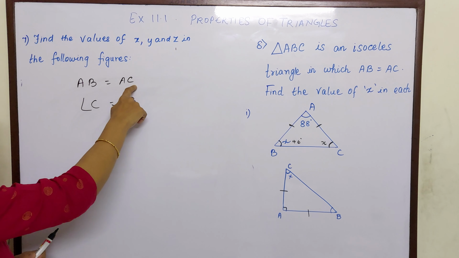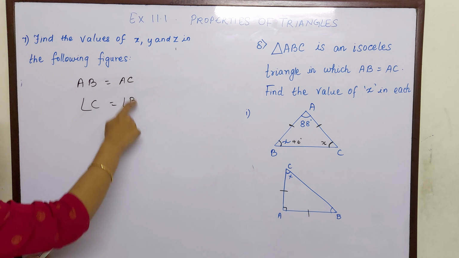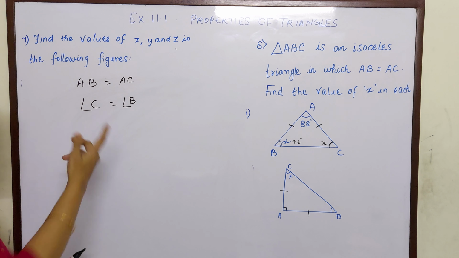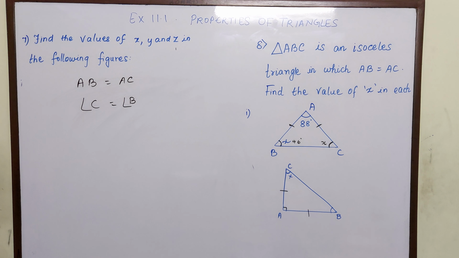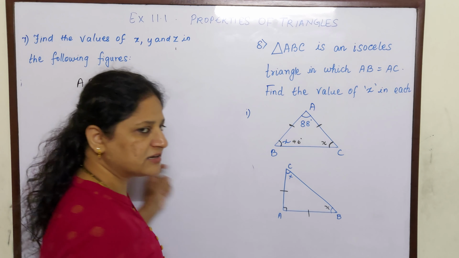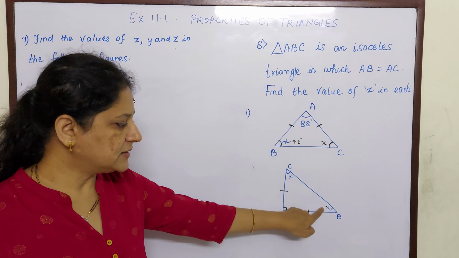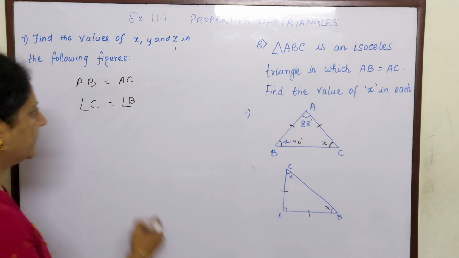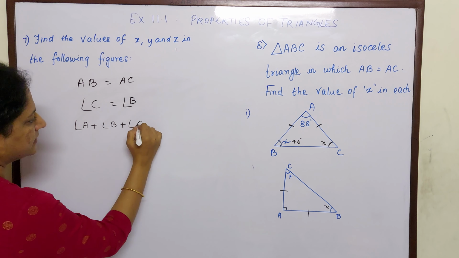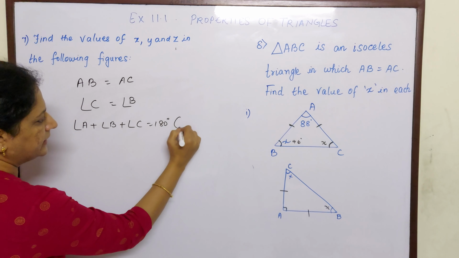Now if you are feeling confused, children, about how to find which angle, you just see what is not included in this ABC. AC is there. What is not included? B. In ABC, AB is here. What is not included? C. So you can write like that also. That means angle C is equal to angle B, and if this is x degrees, then this is also x degrees. So angle A plus angle B plus angle C is equal to 180.